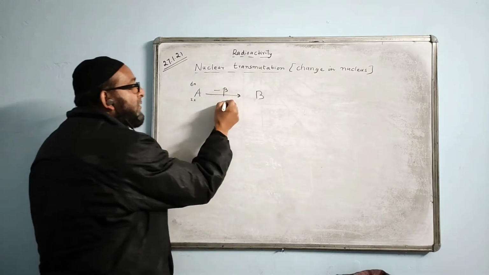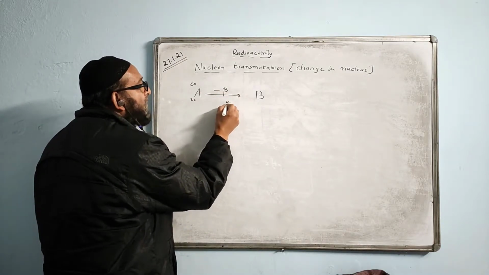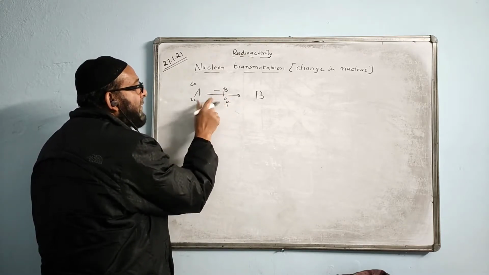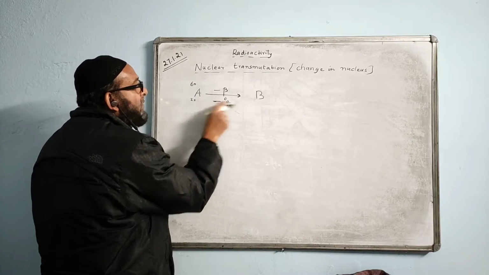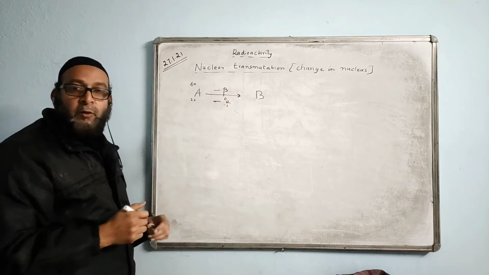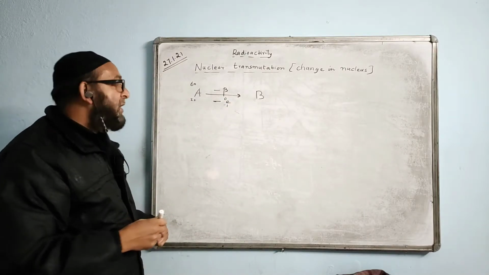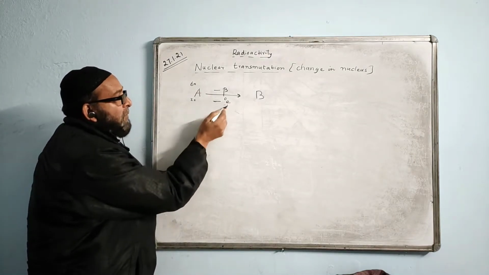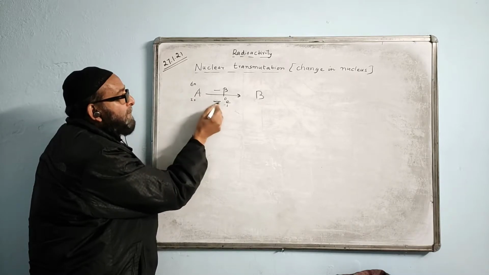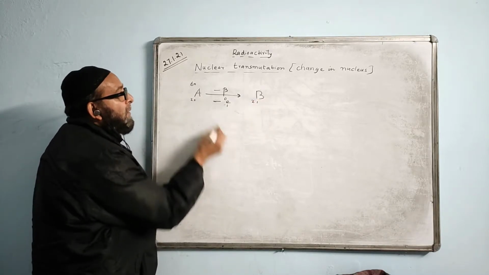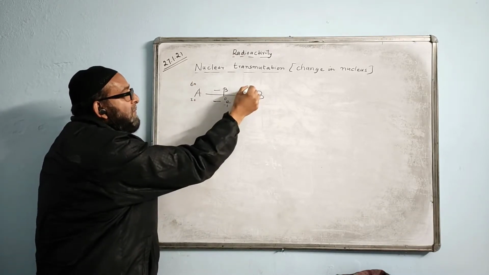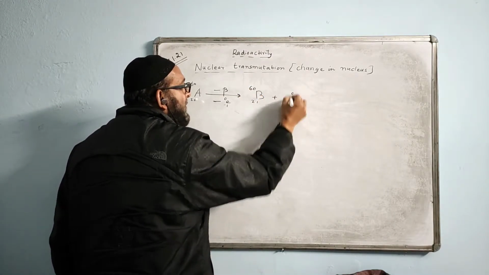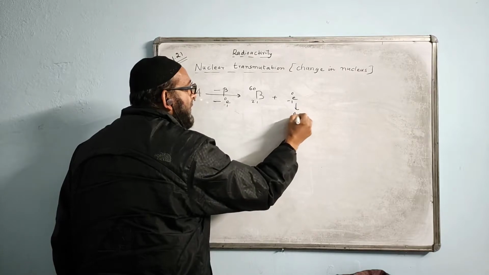Beta particle is an electron, and the electron we write as minus 1 and 0. We write it on top. This is subtracted, meaning emitted, meaning minus. Minus this we will write. What is the new answer coming here? We will check now. Minus becomes plus. Plus 1. You have to add now. 20 plus 1 is giving us 21. 60 minus 0, the answer will become 60. And here we will be writing the beta particle like this, minus 1, 0. This is called the beta particle.